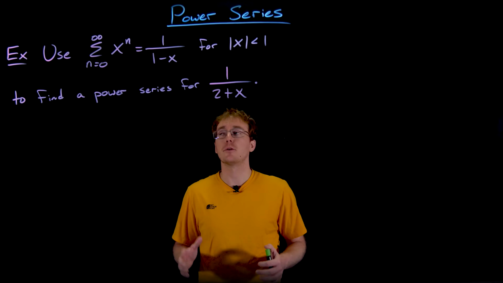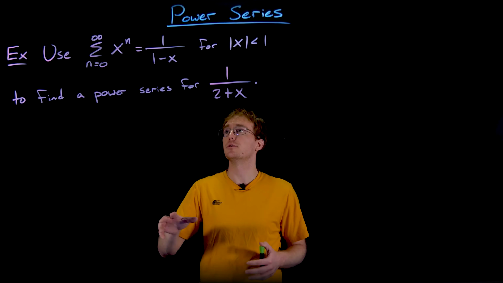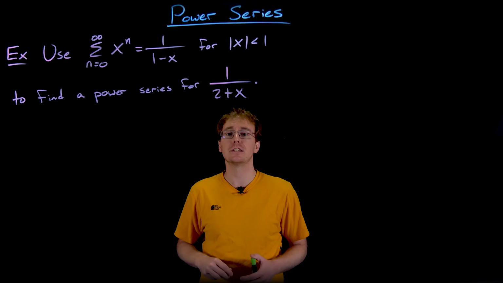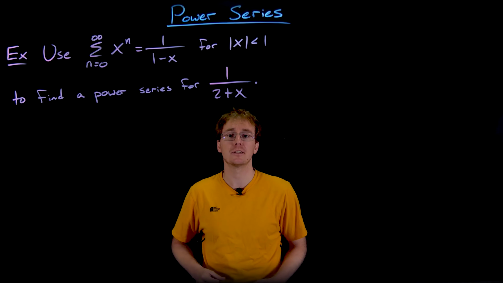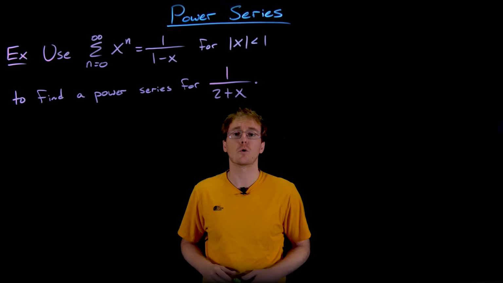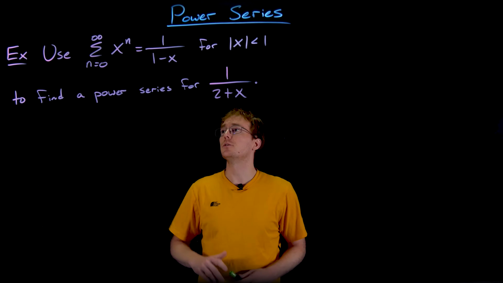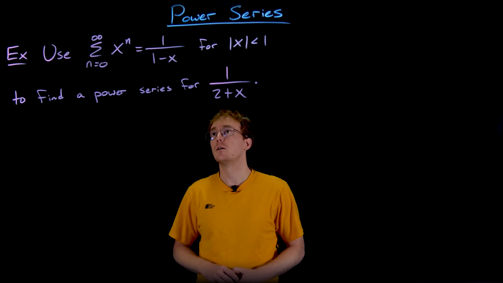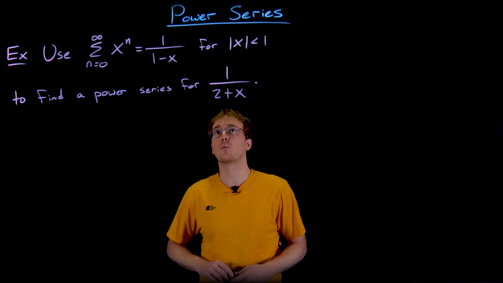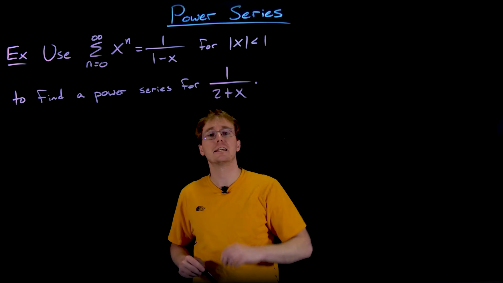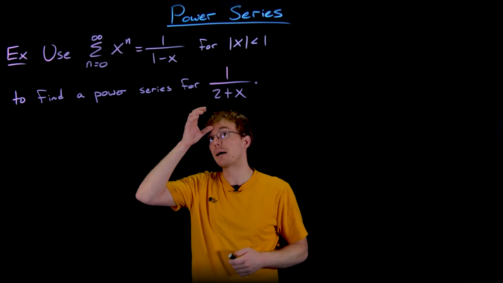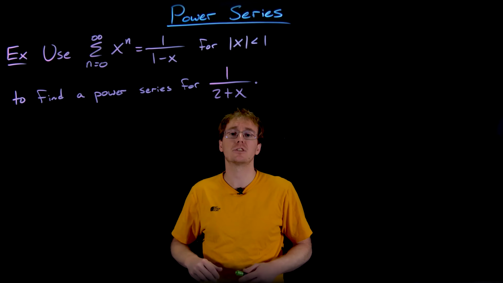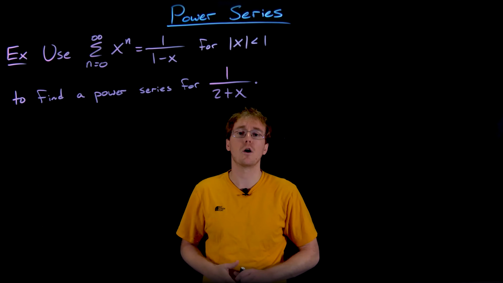So I have another example that I want us to do together where we're going to use that geometric power series to create a power series representation for a similar or related function. So we're going to use the sum from n equals 0 to infinity of x to the power of n, which is going to have the sum of 1 over 1 minus x as long as we're on the interval of convergence. We're going to use that power series to find a power series for the function 1 over 2